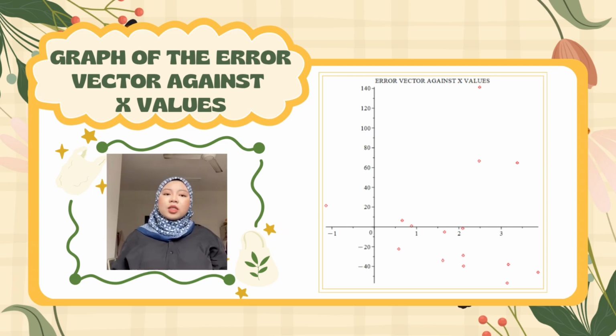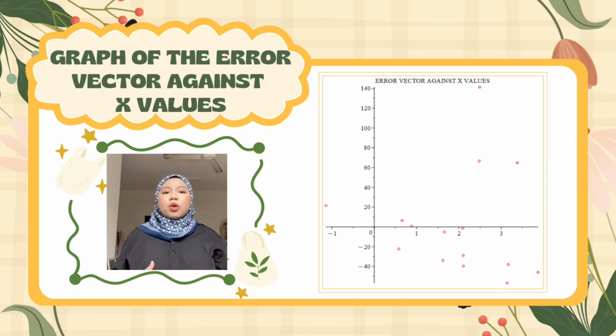However, it's important to note that the residuals are not perfectly balanced. On the left side, we see some very large positive errors, and on the right side, there are some negative errors. These deviations suggest that even though the quadratic model improves the fit, it still doesn't explain all the variance in the data. The lack of symmetry in the residuals shows that the model may be underfitting or overfitting in